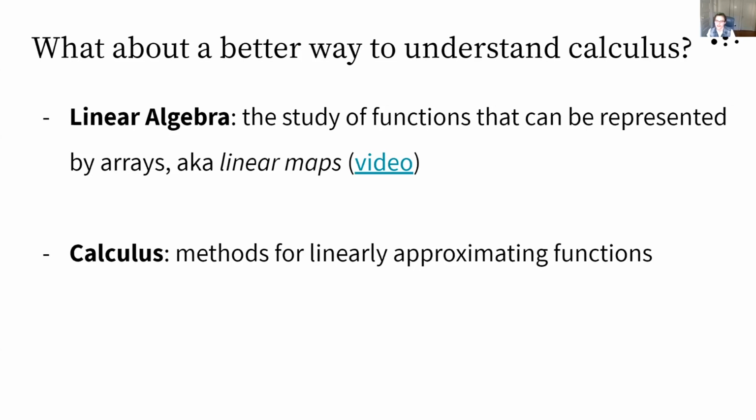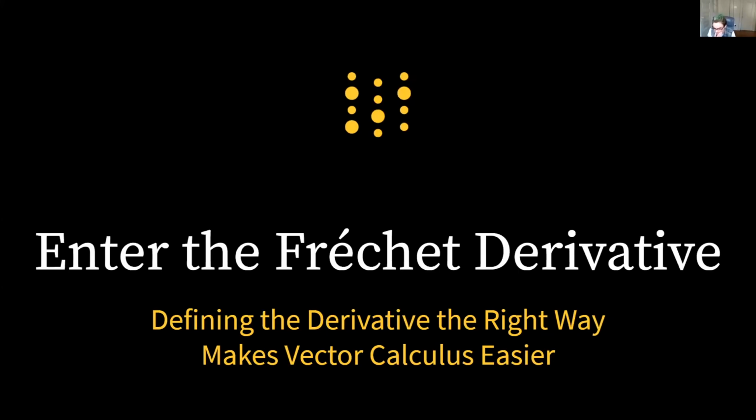If we think of calculus, and in particular the derivative calculus, which is what we mostly need for machine learning, it's really about methods for linearly approximating functions. So there's this deep connection between what happens in linear algebra and what happens in calculus that isn't really taught, especially when people teach single variable calculus, but it unifies these two sets of ideas and connects to things that we end up using all over the place in machine learning and deep learning.